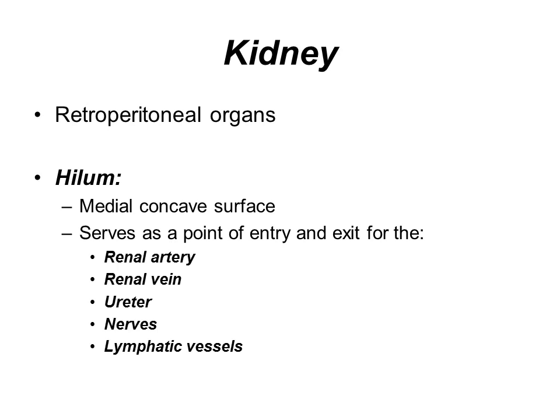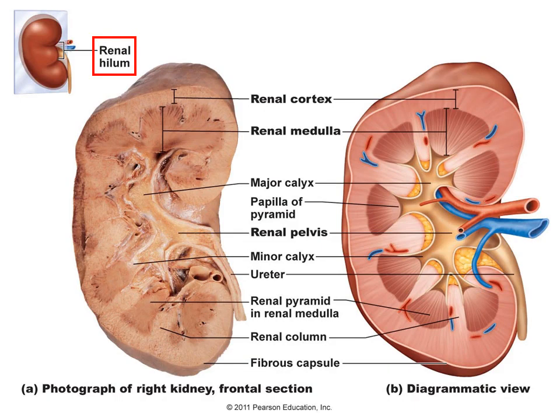The hilum is the region of the kidney. This is where the renal artery and the renal vein, the nerves, the ureter and lymphatic vessels all are going to have their point of entry or the point of exit from the kidney. So that's where they're all going to connect. As you can see here, highlighted in the red box up at the upper left corner is the renal hilum, and then the cross section, and then the schematic diagram showing